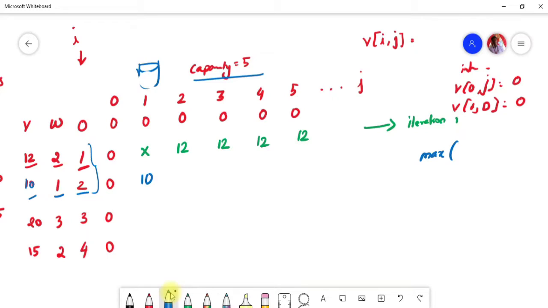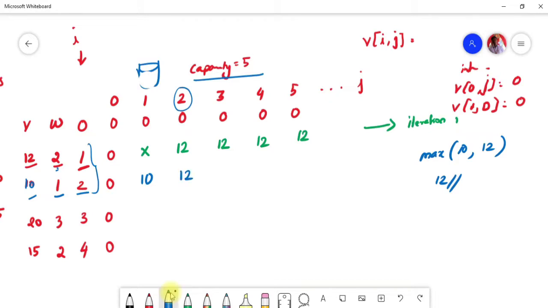Now you have only the capacity 2. That means either you can accommodate 10, or you can accommodate the first one, for item number 1, which has the same capacity. That means the capacity is 2, right? Of course you can accommodate this also. Then 12, so which is the maximum one? Of course 12 is going to be the maximum, right? So then you have to write 12 over here.